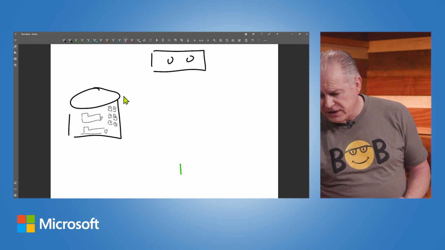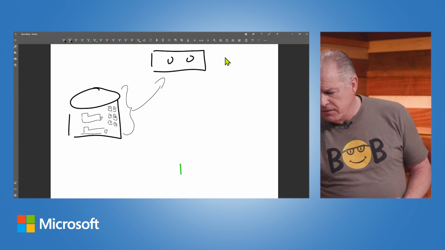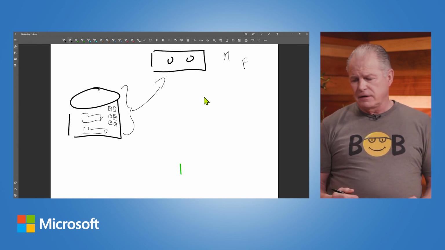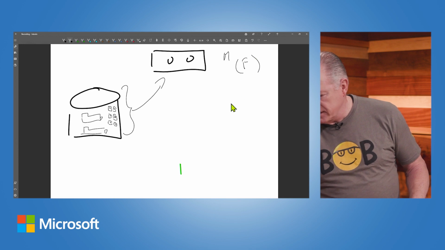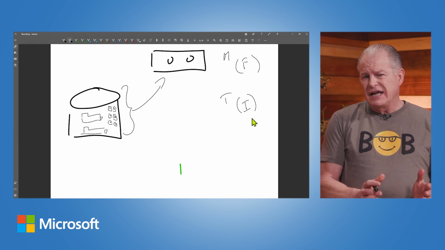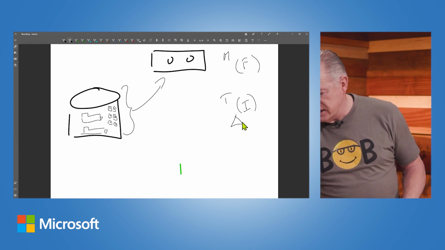So I've got a whole set of data here that I need to back up on a regular basis. They back it up maybe on Monday and they do a full backup. And it takes quite a while to do that. So they do a full backup on Monday. On Tuesday, they may do an incremental backup. So all that's going to happen on Tuesday is what has changed between Monday and Tuesday. So all you get is the delta difference between Monday.